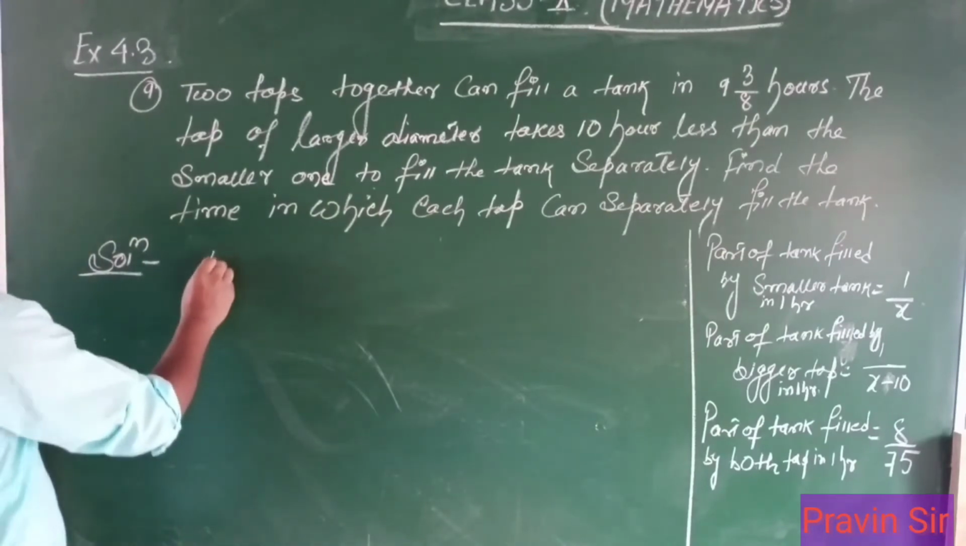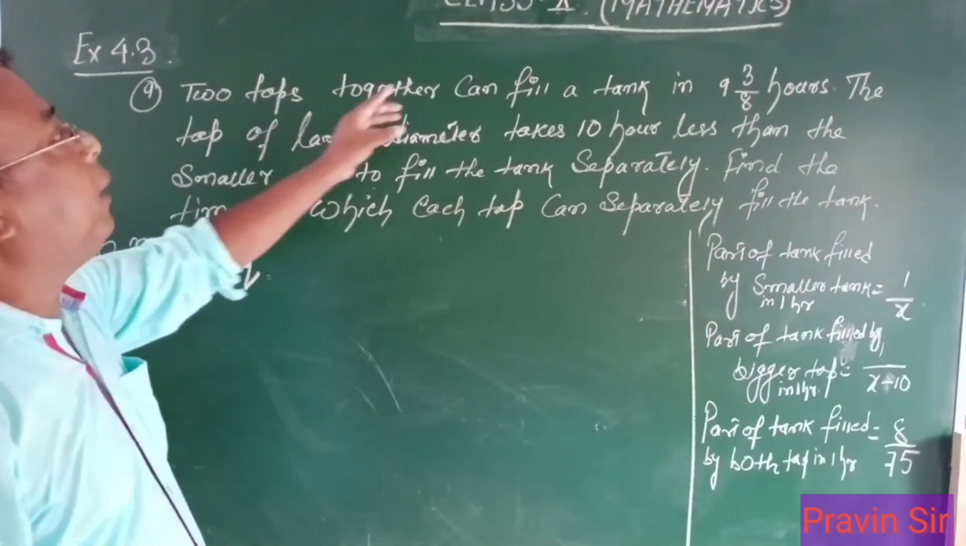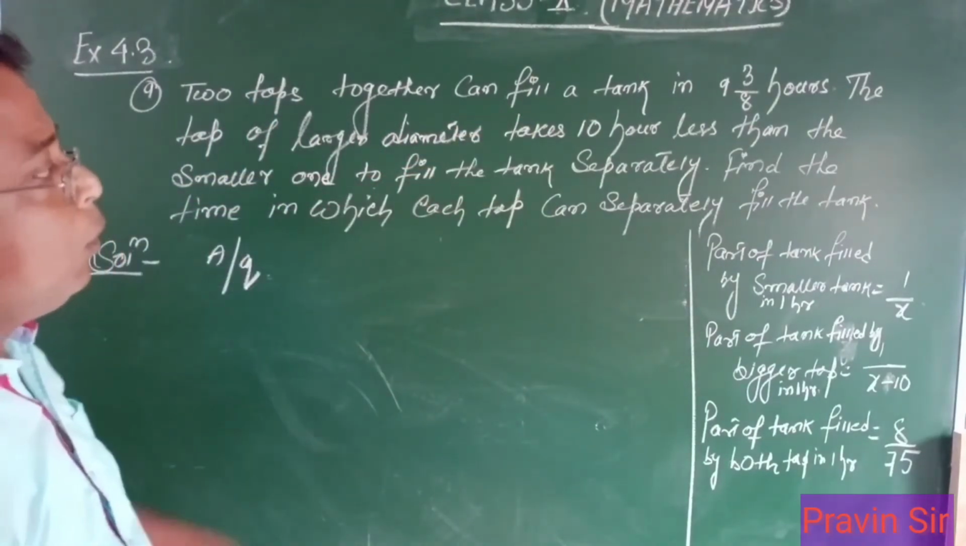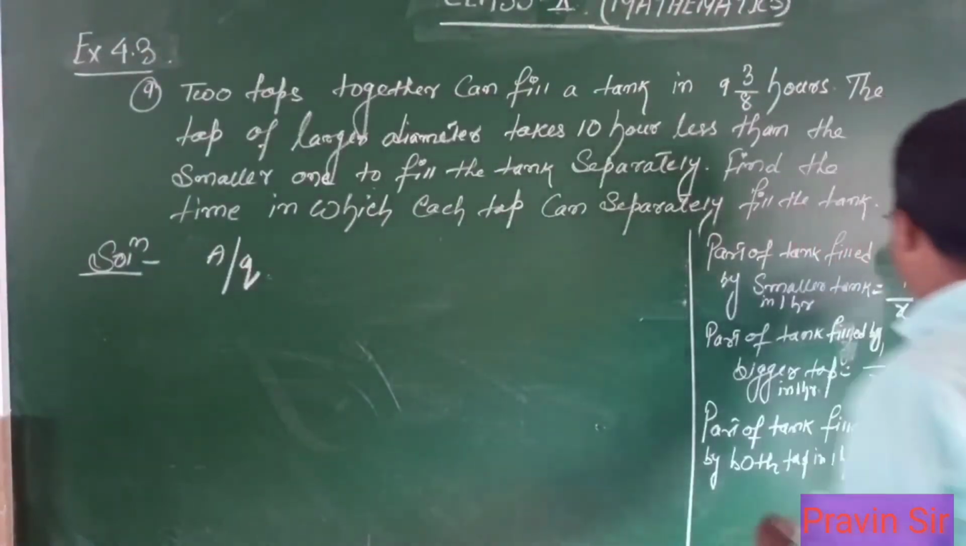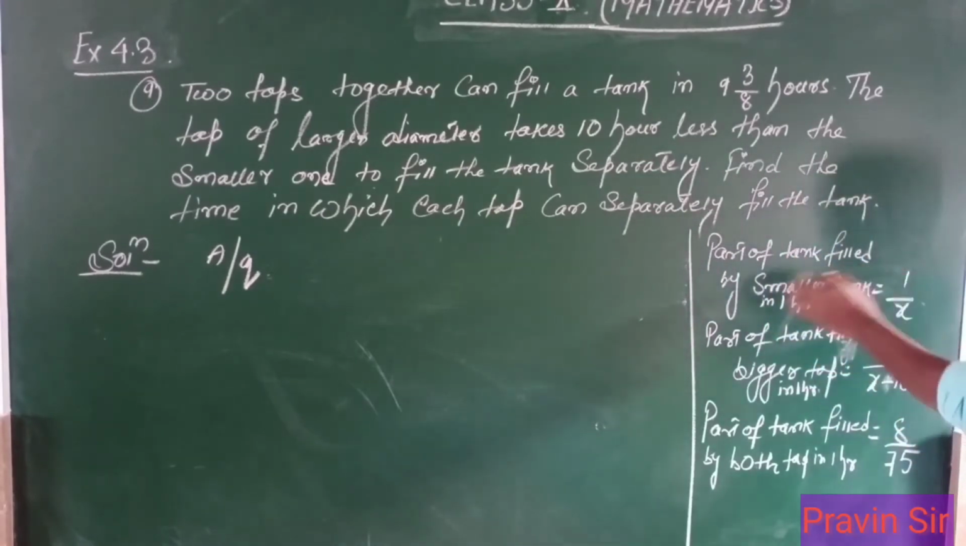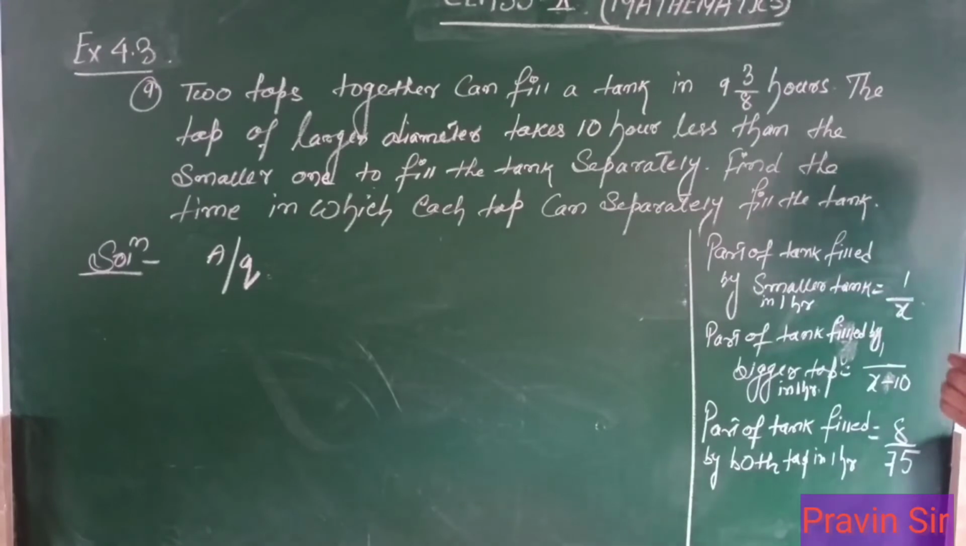Now according to the question, what does the question say? The question says two taps together can fill a tank in 9 3/8 hours. Now both taps together, the first tap in 1 hour takes that much part. The part of the tank filled by the smaller tap in 1 hour is